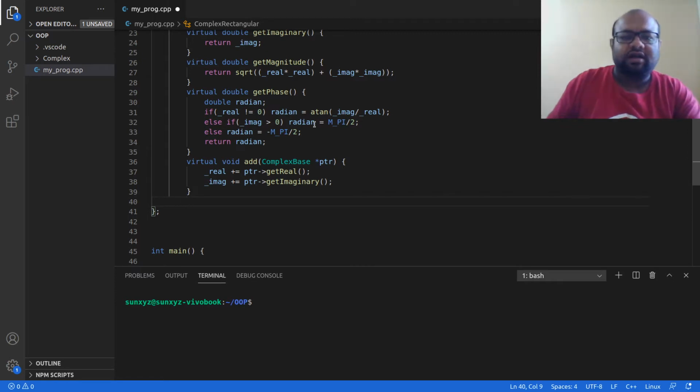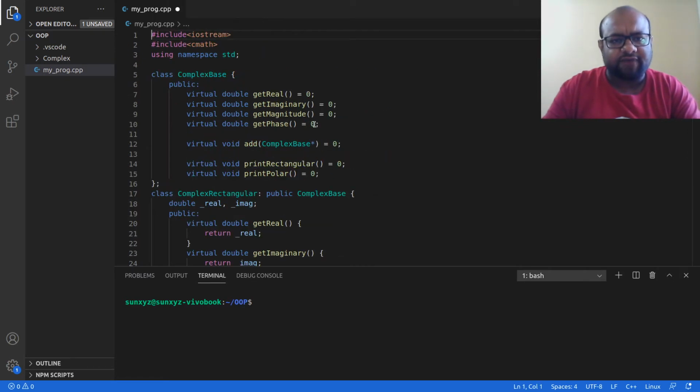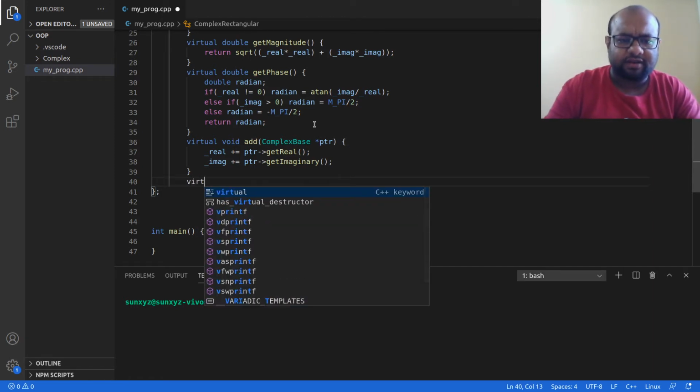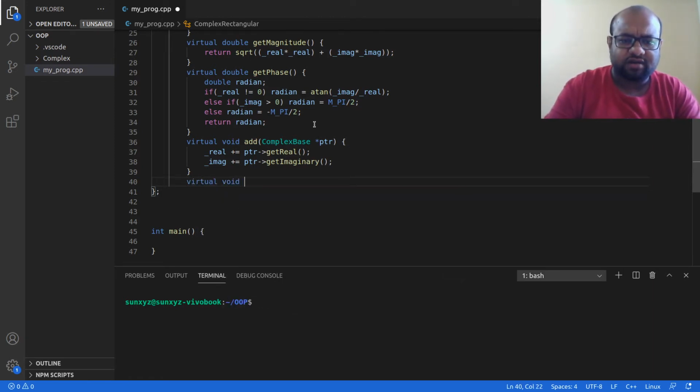All right. Now I have implemented 5 functions: get real, get imaginary, get magnitude, get phase, add. Now there are 2 functions that I need to implement, so let me go ahead and do that. One is virtual void print rectangular.